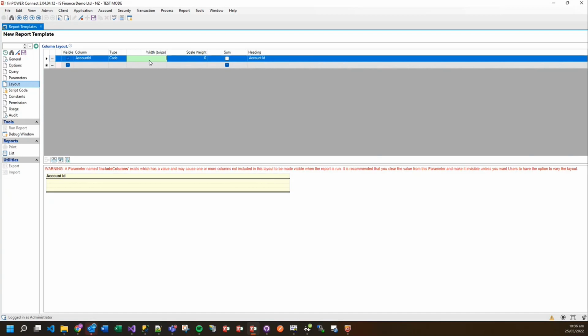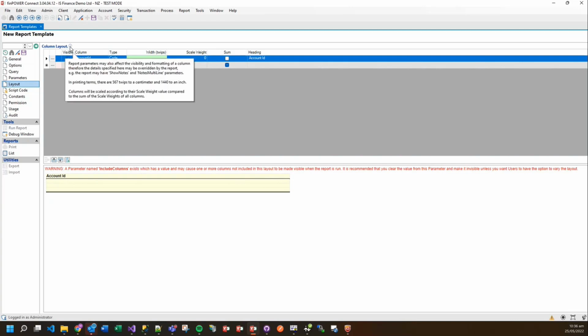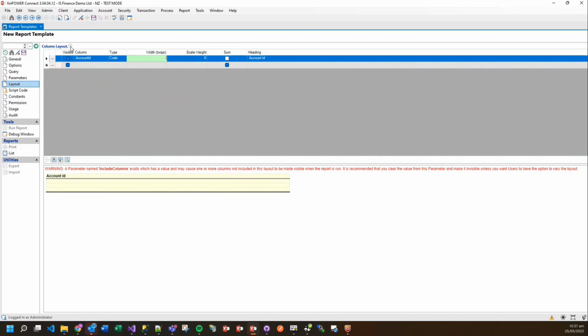So TWIPS is a unit of measurement, which, if we hover over our information bubble here, does give you a little bit of information about TWIPS. 567 TWIPS to a centimetre, 1440 to an inch. So they're a very, very small and precise unit of measurement, and they were used historically for programming purposes. So we can set a fixed width in TWIPS for our columns, and then we can additionally